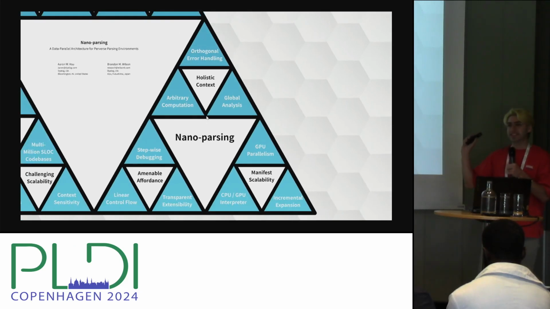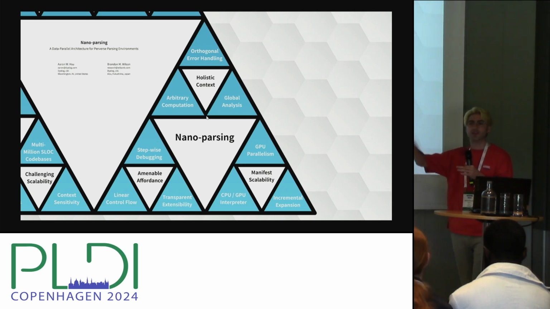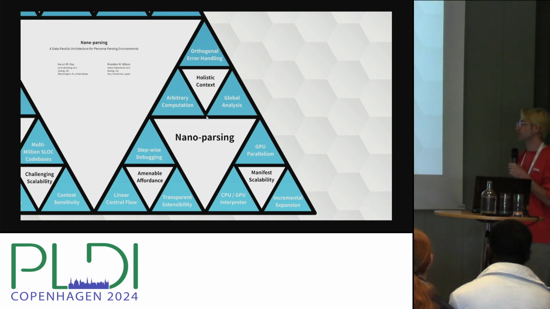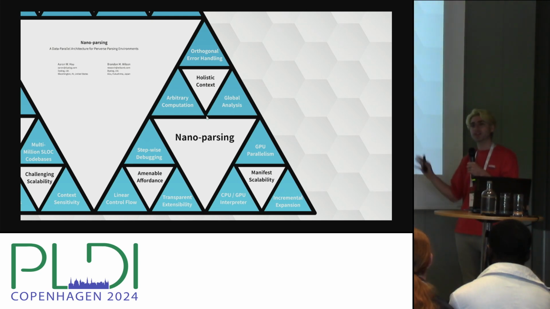So what does this give us though? What are the benefits of this relative to this trifecta of problems that we talked about? Well, we have holistic context at every point in our parser. We have orthogonal error handling, like you just saw, where we can insert very relevant error messages at any point in the code. We can perform arbitrary computations anywhere, right? That means you can do type theoretic analysis through your parser at any point instead of having to split it out into some other bespoke pass through your AST.